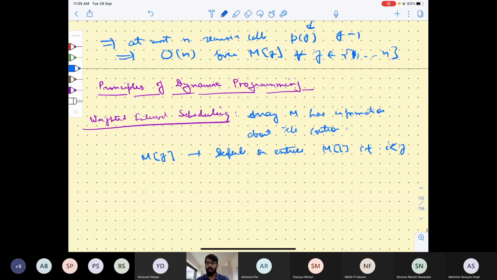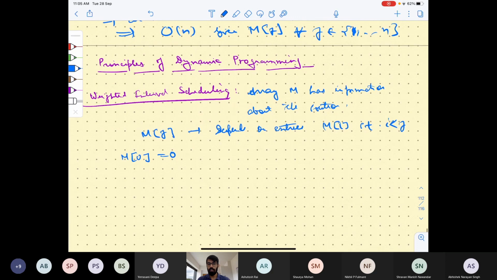So why do we have to then do it recursively? Why can't we just start with M0 equal to 0? This we had defined anyway, right? And then just fill M in